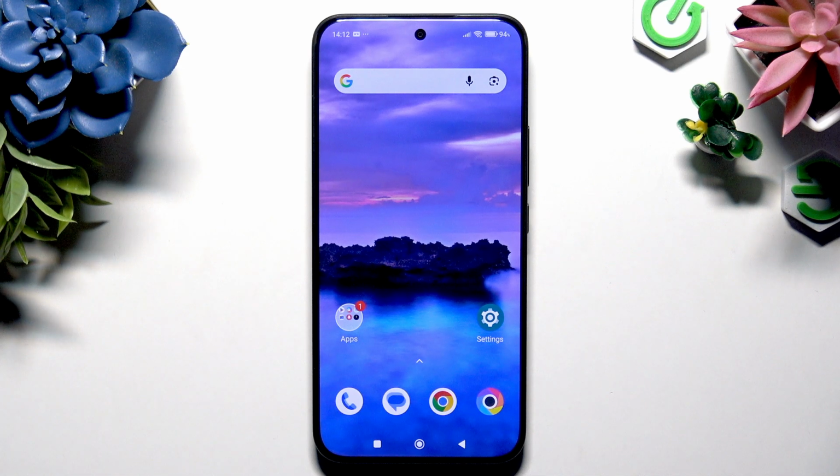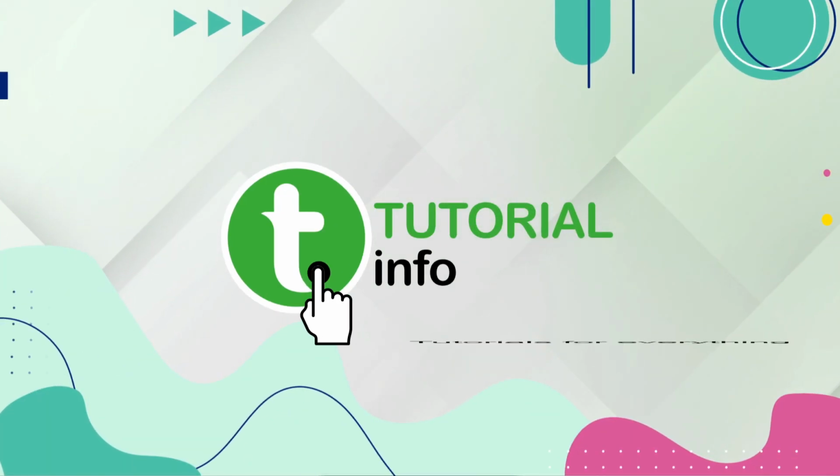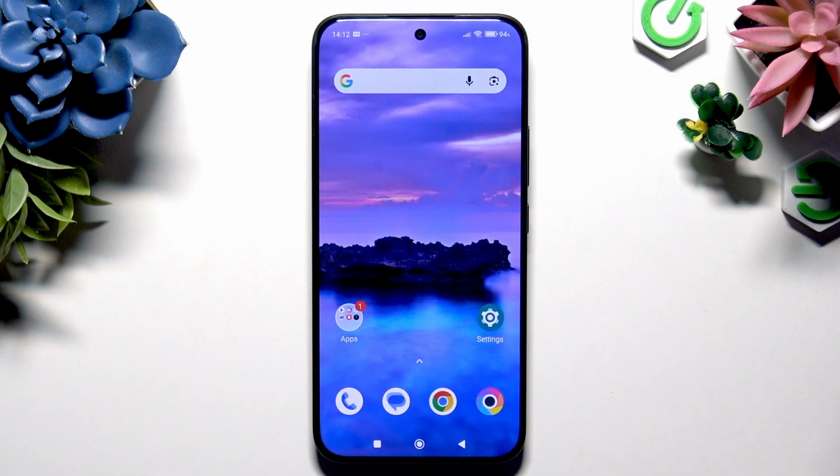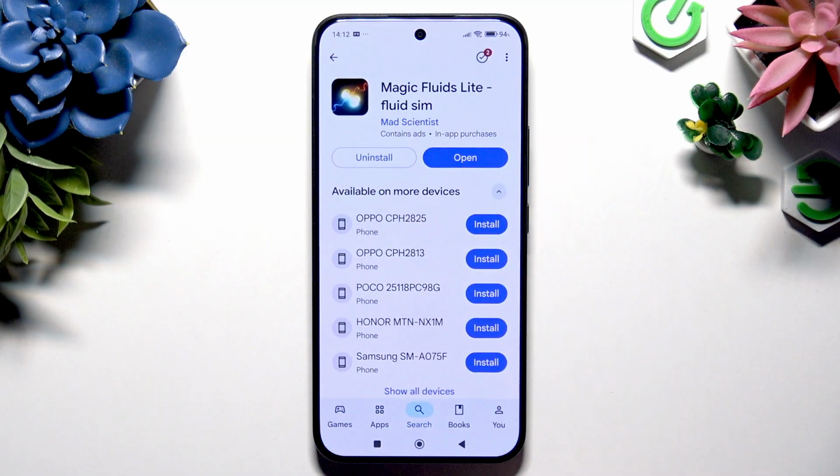In front of me is POCO M8 Pro, and today I would like to show you how you can download and apply animated live wallpaper called Magic Fluids. You need to start by going into Play Store and downloading free app called Magic Fluids Light Fluid Sim from